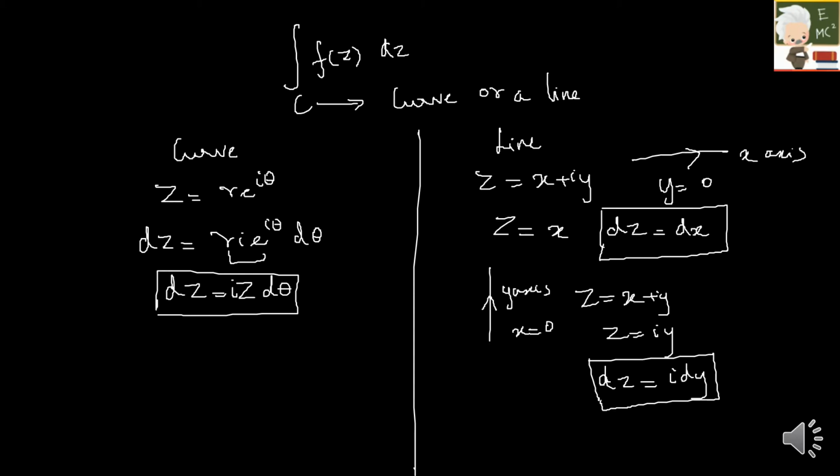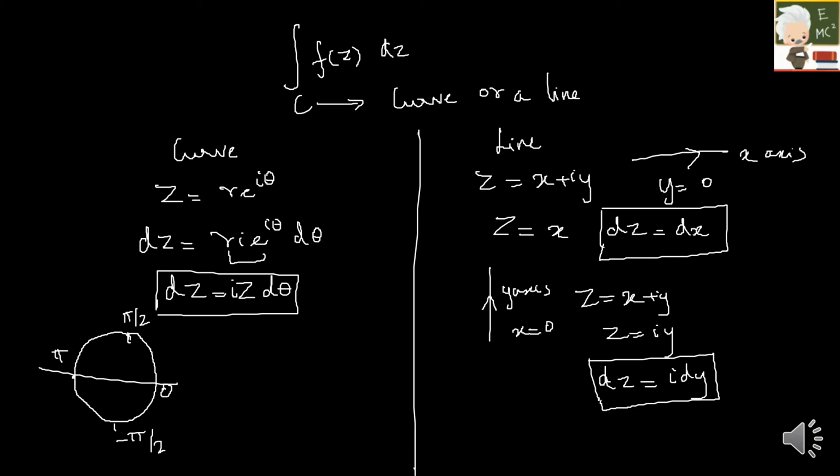One more thing to remember in the case of a curve is the limits. In most cases they don't give you limits directly, so you should know a very basic thing. Consider this as a circle. There is a little dent over here, but this is a circle. How do you mark your angles? This is 0, this is 90 degrees, so pi by 2, then 180, so pi, and this is 270, which is 3 pi by 2. I can write this as minus pi by 2 also.